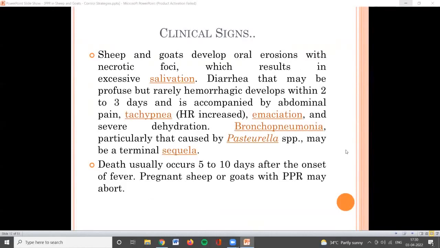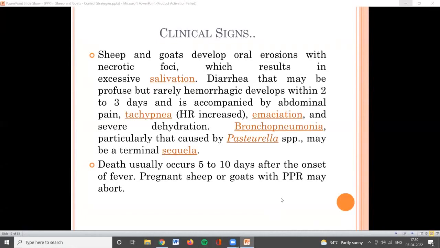Diarrhea may be profuse, but diarrhea is rarely hemorrhagic, meaning blood rarely comes from the feces in PPR, and it tends to develop in 2 to 3 days, and it is accompanied by abdominal pain, tachypnea, emaciation, severe dehydration,